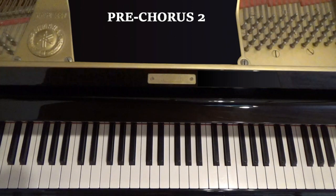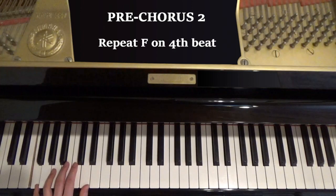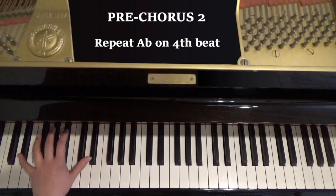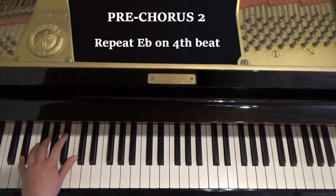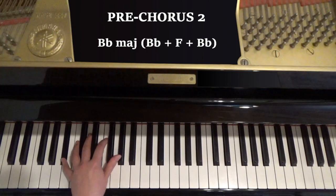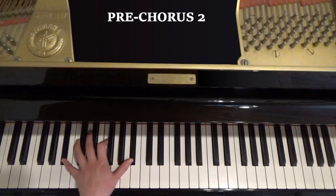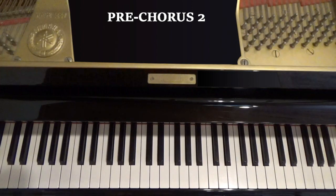Now with the left hand, again the first half is the same, and then the second half, it's pretty similar but it's an octave lower, so again it's F, C, F, hold that for 3 and then repeat the F, and then A flat, E flat, A flat, repeat the A flat, and then E flat, B flat, E flat, repeat the E flat, and then B flat, F, B flat, and you hold that, and then just before the chorus begins, you play it again. So with the voice, that should be